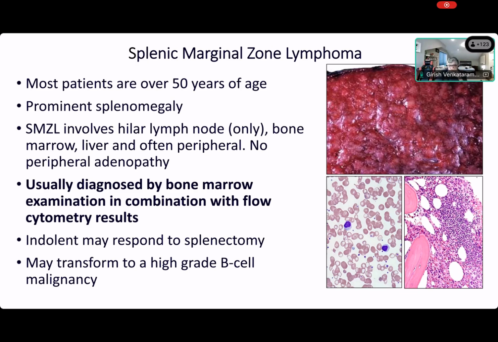That's an important thing. But now we're talking about marginal zone lymphoma. So look at that picture. And on the right side, there's a bone marrow biopsy, because the bone marrow biopsy is much easier for people to do rather than a splenic biopsy. So they go poke the bone marrow and you find some infiltrates, right? Those don't look paratrabecular and they don't look entirely sinusoidal either. They look interstitial.